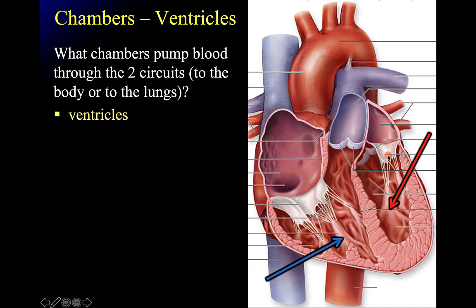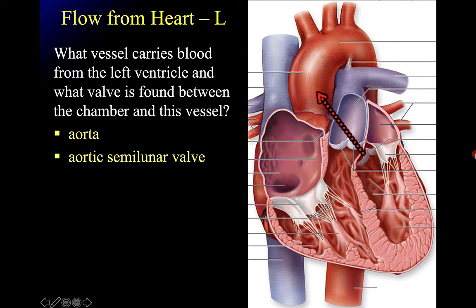It has received blood high in oxygen from the left atrium, which had received that coming back from the lungs. The vessel that carries blood from the left ventricle in the systemic circuit is the aorta, and we travel through the aortic semilunar valve, which is located way up here. I've used a dashed line here because we can't actually see that portion of the aorta, and the reason why is that it is deep to the pulmonary trunk, which is here. So the pulmonary trunk is superficial. That's why this aortic semilunar valve is kind of hidden down in here,